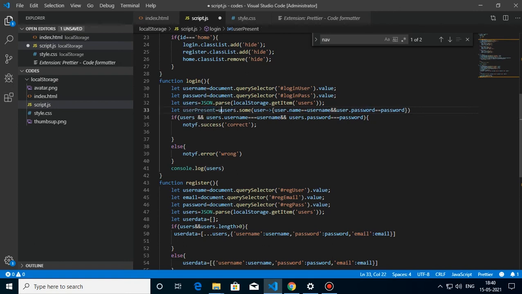Before this I will use users and, because what if there is nothing to retrieve. So users and users.some user. It's long to read. So now if there is a user with the username and password which our user entered, then userPresent will be true, else it will be false. So now all we have to do is remove all this and paste this here. Now only if userPresent is true, this if statement is executed, else this one is executed.